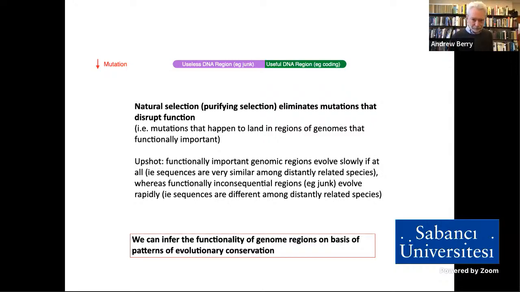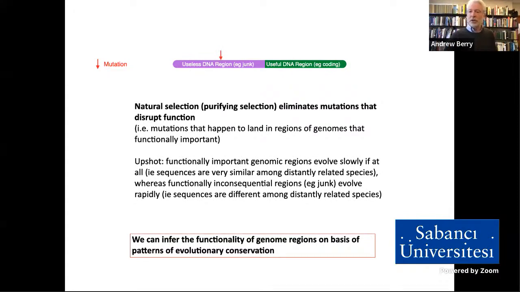Here I've got two pieces of DNA. Well, I mean, it's one piece of DNA, but two kinds of DNA. And one, the green piece, is useful and important DNA, and the purple piece is not important. Okay, it's performing no particular function in your genome. Now, what happens if a mutation, that's a mutation which has just occurred in an important piece of DNA, that's maybe disrupted that gene, the protein is no longer functioning, what happens? It's eliminated by natural selection.